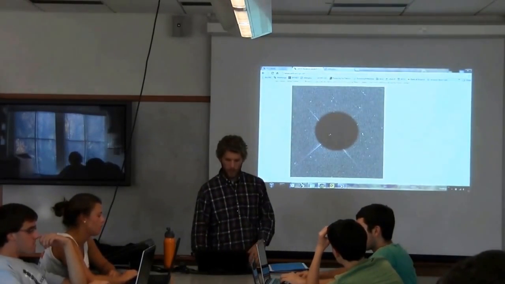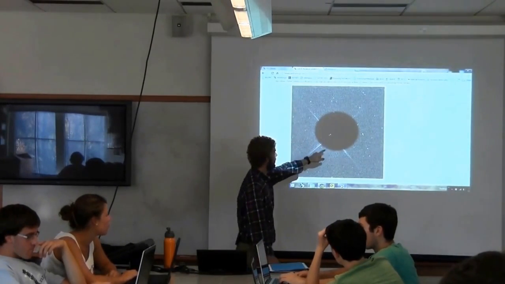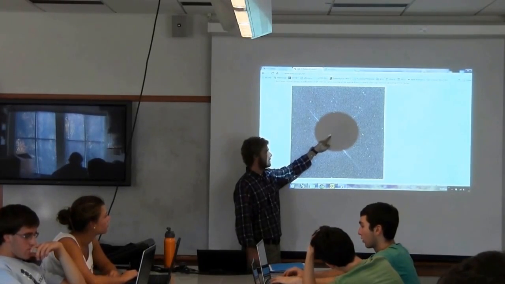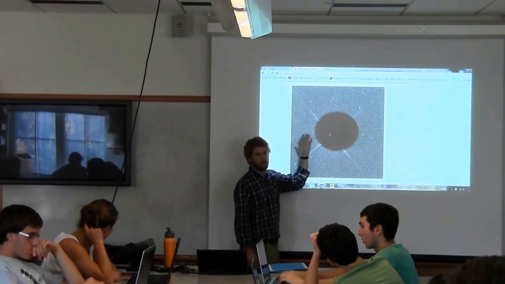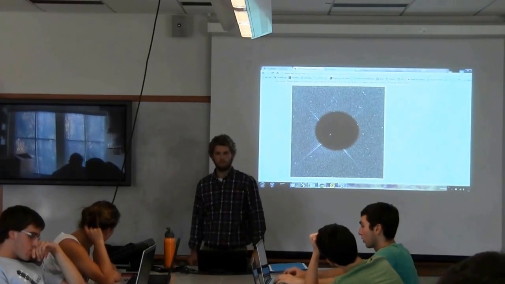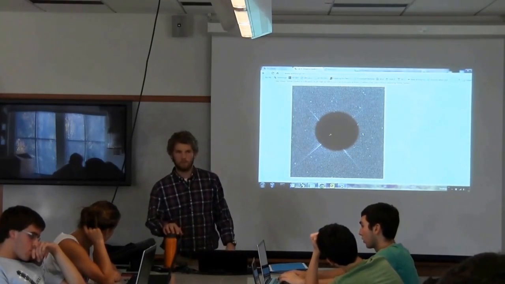One other thing to note, Alpha Centauri is a double star system, so your images are going to show 2 objects. It doesn't matter which one you measure the shift of. I think the bigger one's probably easier, but they should be the same. Okay, I think that's